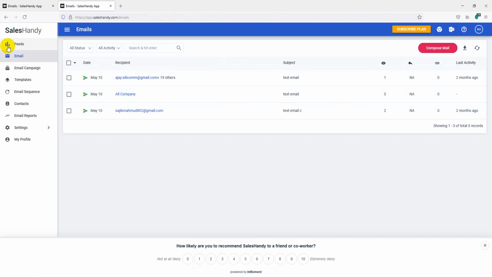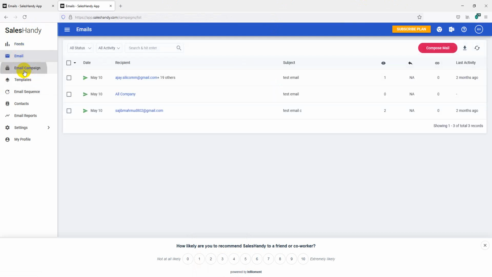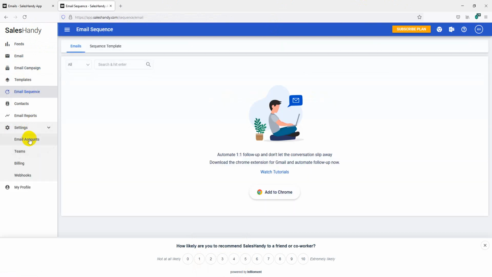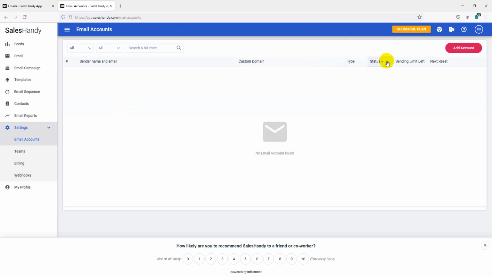Sales Handy is a very nice tool you can use. You will see a lot of features: automation, email campaign, email sequence. The main benefit is that you can connect your Outlook email account with Office 365. They already integrated Sales Handy with Outlook. It's very good for cold email marketing. Click add account.